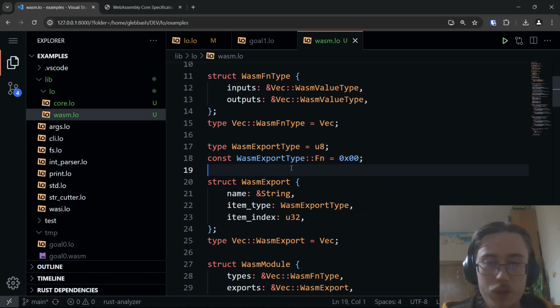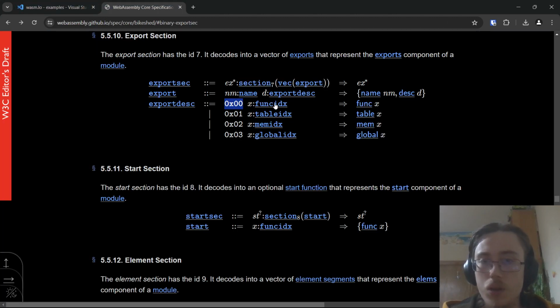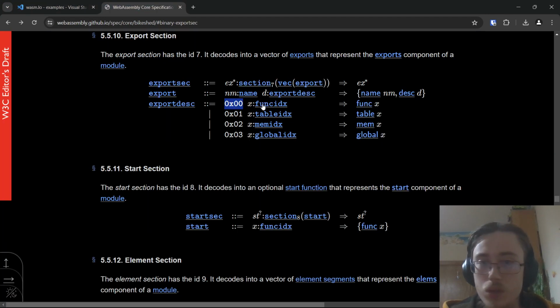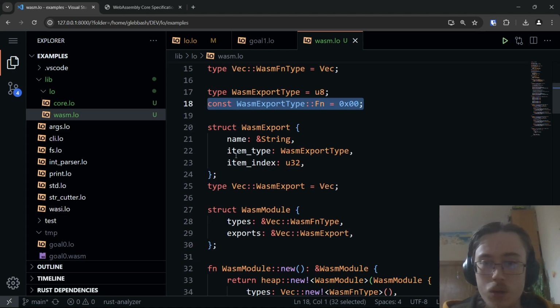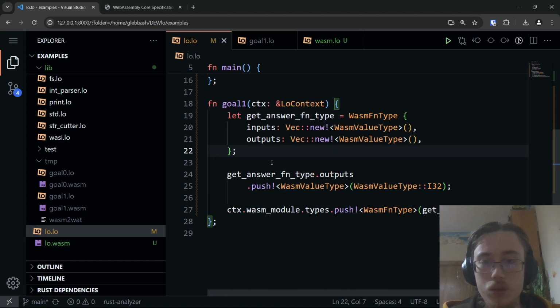Yep, the function index here would be 0. What else do we need? So item index, item type, item index, that's probably it. Let's go on and